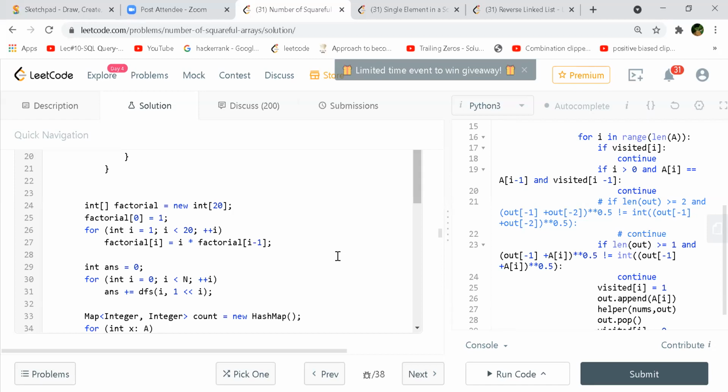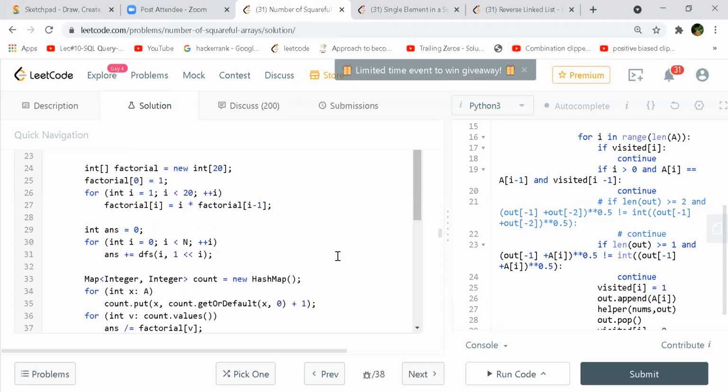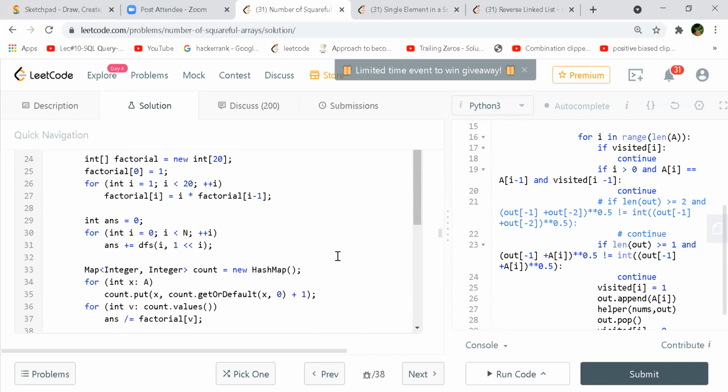If you can scroll down a bit, Shashank. Yeah, so when your DFS is done on line 31, and you come down on line 33 to 34 to get to your answer, on line 36, you are taking that factorial into account.